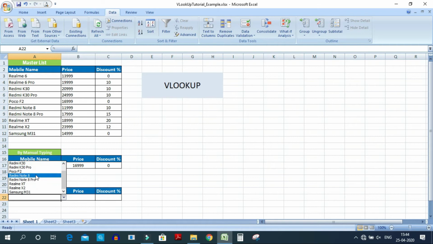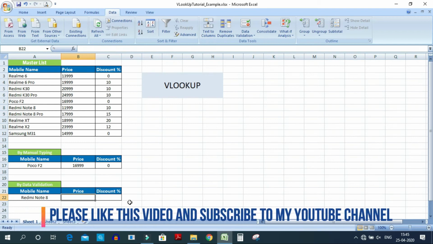Suppose we select Redmi Note 8. So what is the price of Redmi Note 8? Redmi Note 8 price is 11,999, and what is the discount? It's 10. So you can copy the function from here and paste here also, but I will write